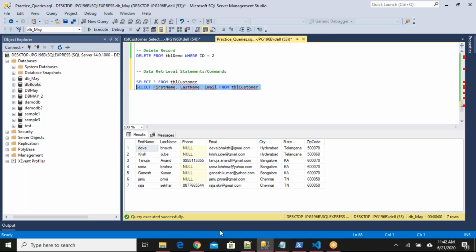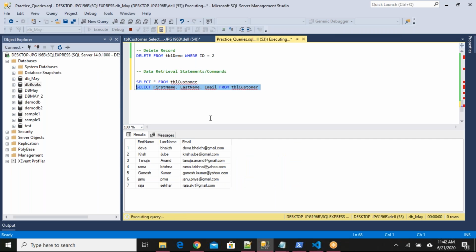I have 7 columns, but I'll get only 3 columns now: first name, last name, and email. So we are mentioning a list of columns here, and based on the list of columns you provide, that will be retrieved. If you say star, all the columns will be retrieved.